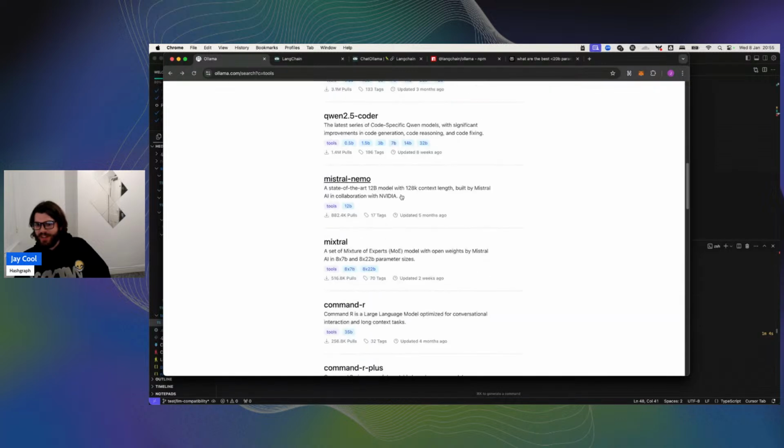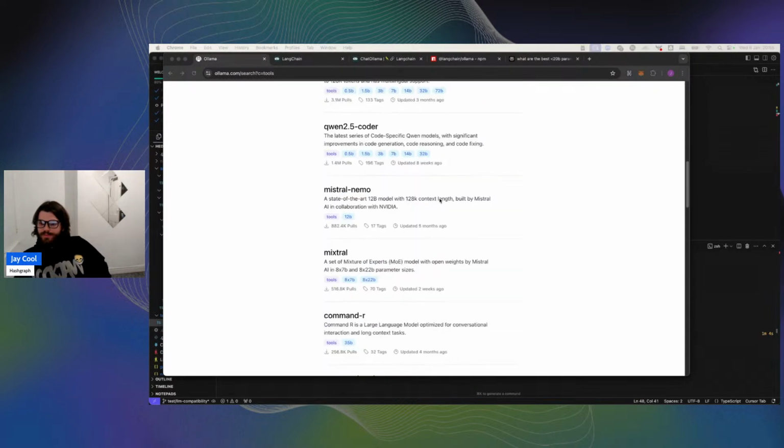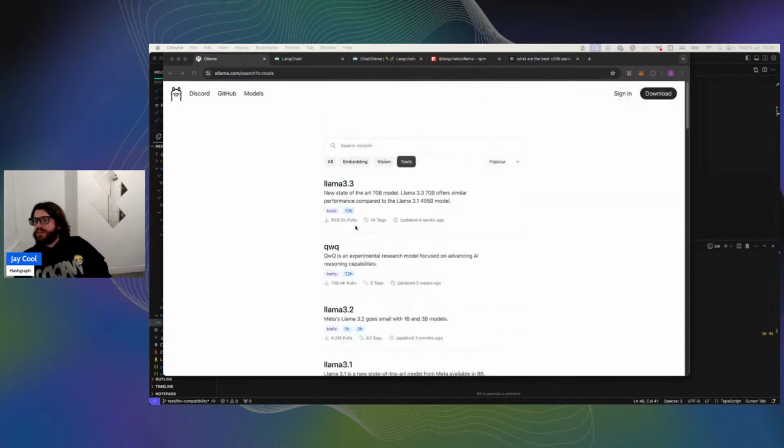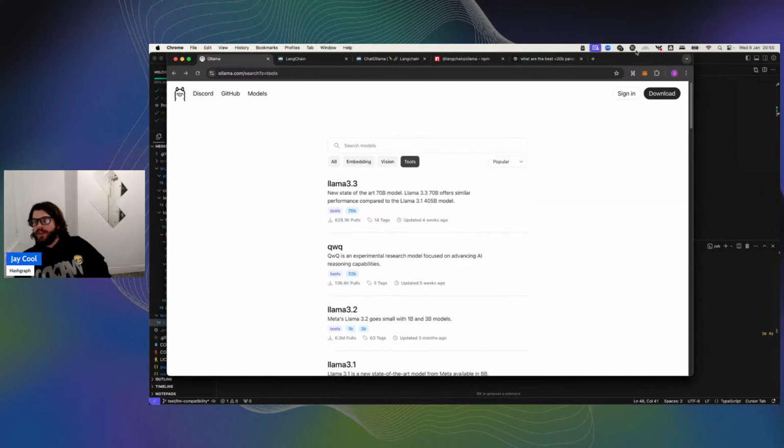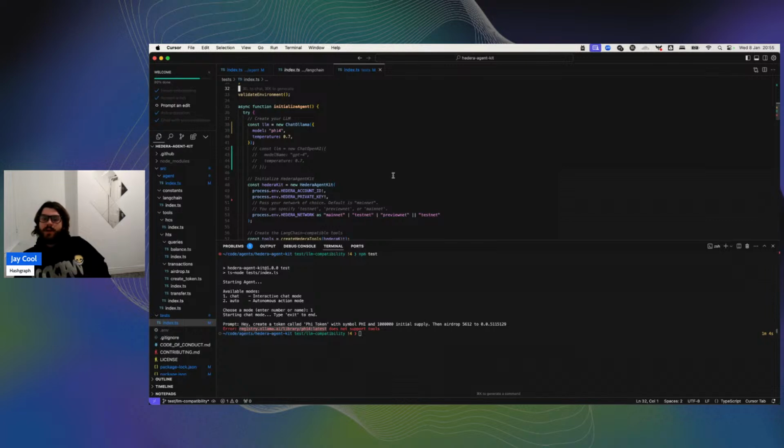I don't think we're going to get it from a Mistral Nemo 12 billion. Yeah, we'll pick this up another time. We're going to explore the open source models a bit more. I don't want to just sit here and start downloading models for 20 minutes and then waiting for them to happen. But the main takeaway is